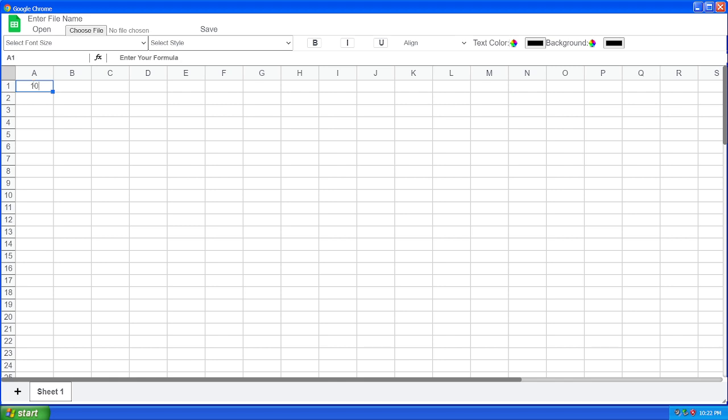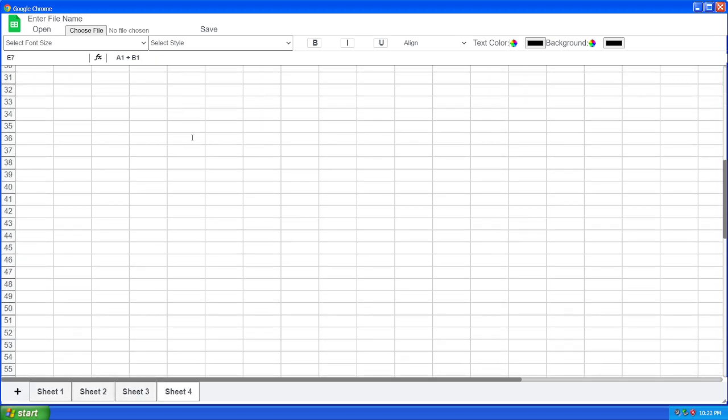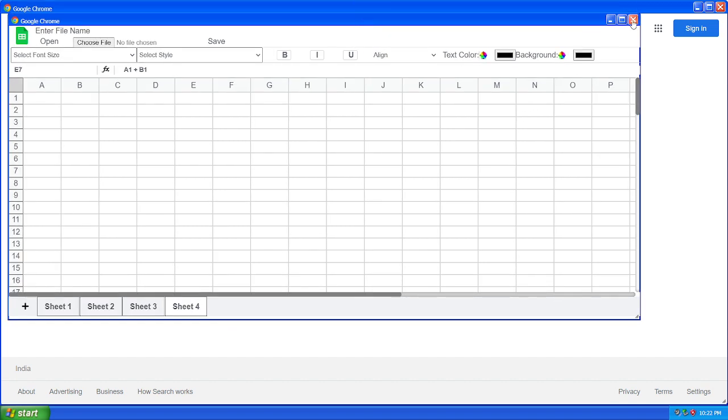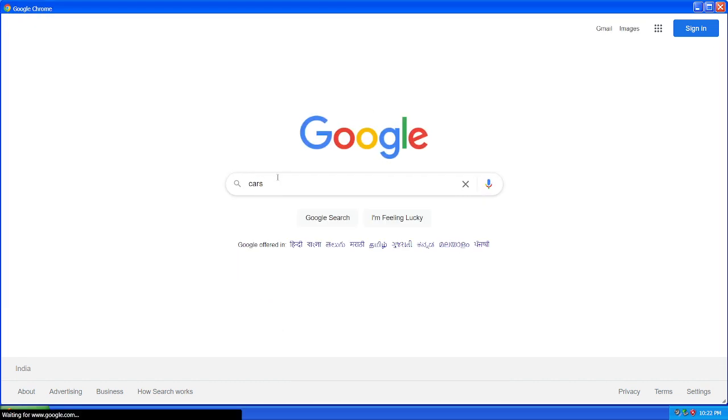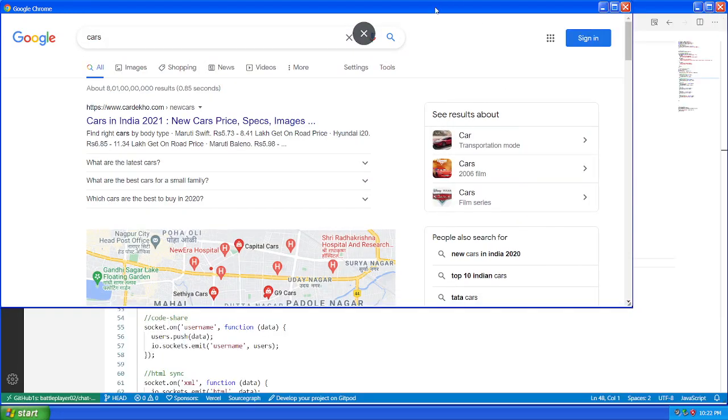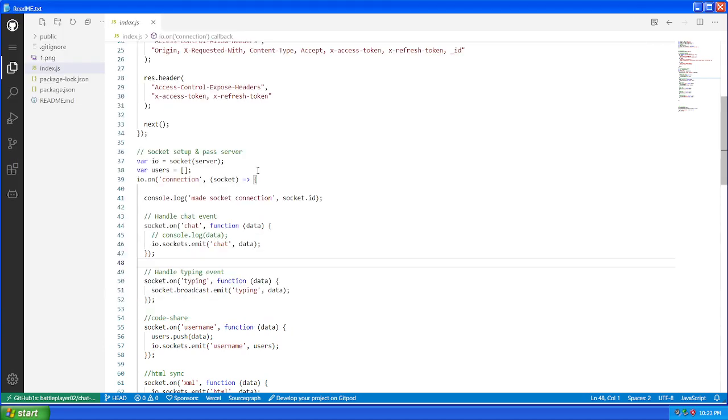There is an Excel-like app inside that you can pretty much do all the operations in, like this, or if you want to set a formula, then you can also do that like this, or add various sheets and various text editing things. Let's move to some other features. There is a browser. You can do searching, Google search or something, with the new UI that Google has.